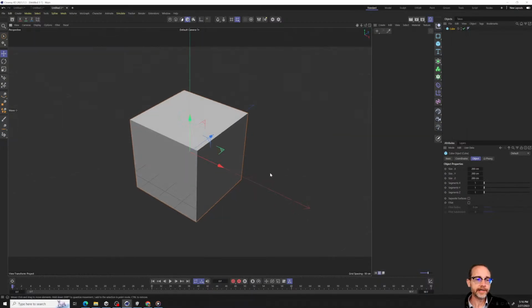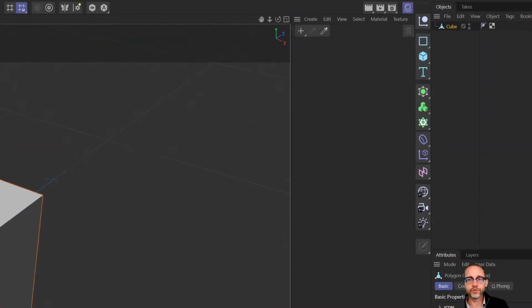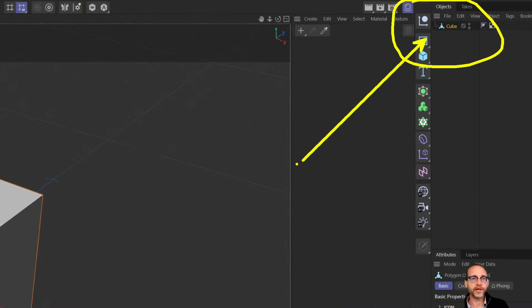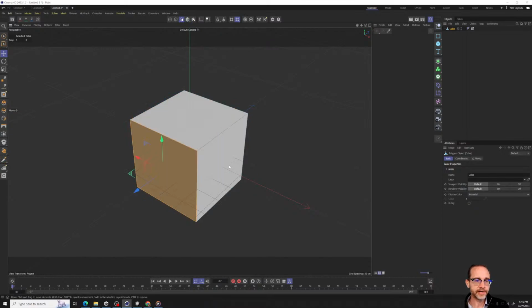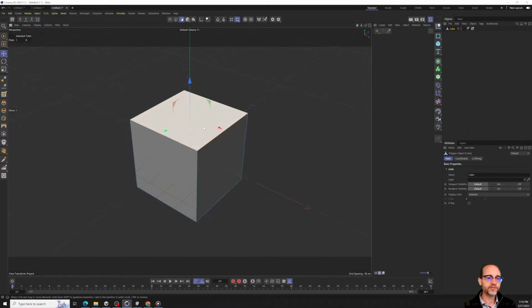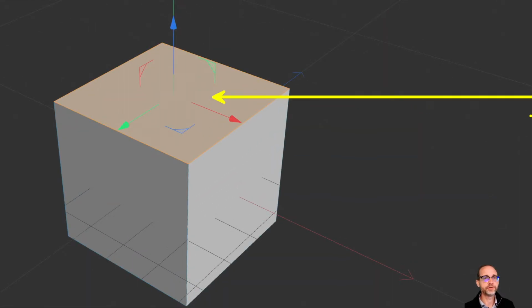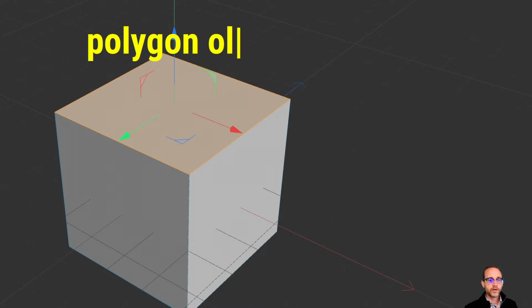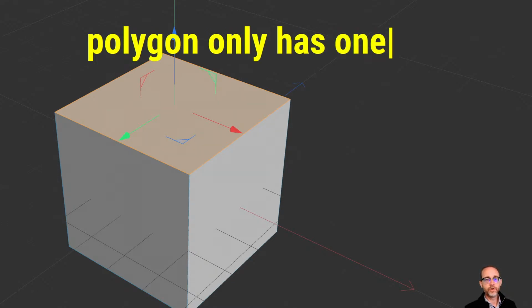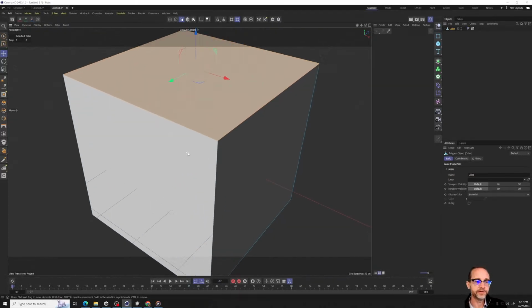But there's an issue here with the polygons of an object. We hadn't really talked about this. If I grab this one and hit C, so that it's no longer a primitive, it's just a polygon, this allows me to go in and select polygons. You may have noticed that when you select a polygon in Cinema 4D, it becomes orange. That's because each polygon only has one side. So if we look at the other side of it,